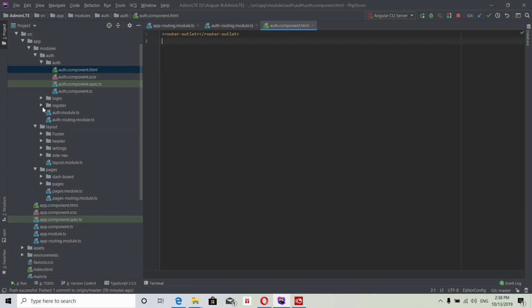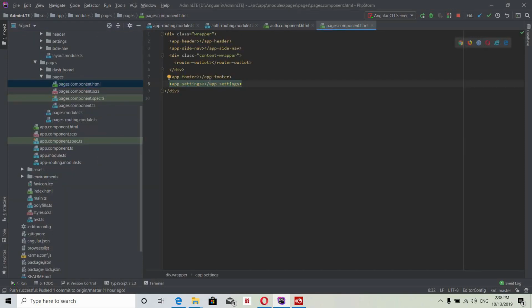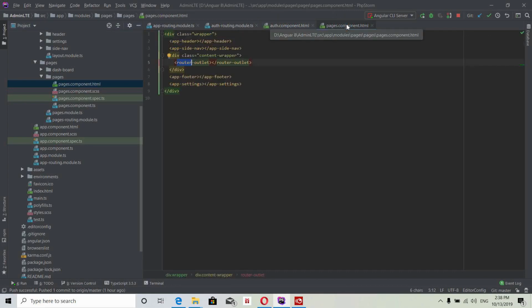If your user successfully logs in, those pages come under this pages component. Here I'm using another router outlet. All the authenticated pages come under this router outlet. The main difference between these two is the non-authenticated router outlet and this authenticated router outlet.